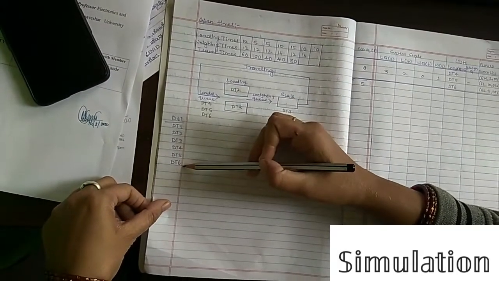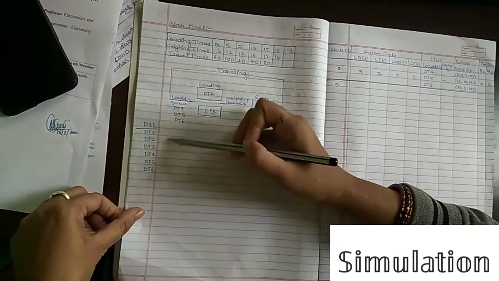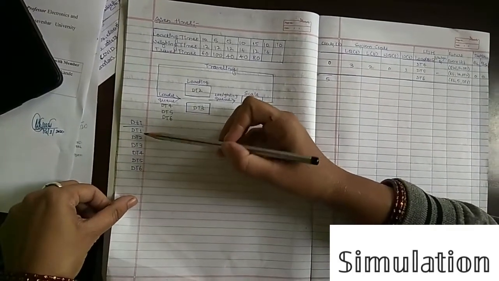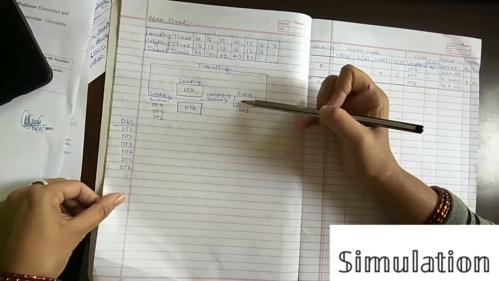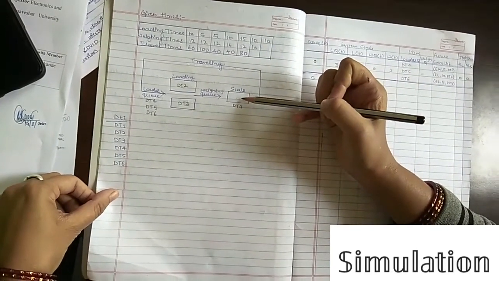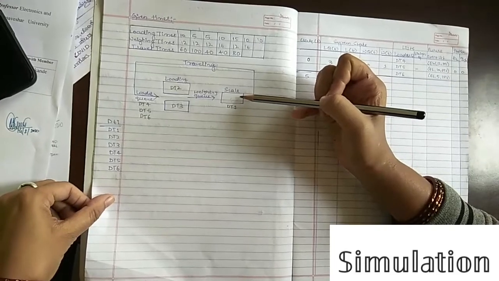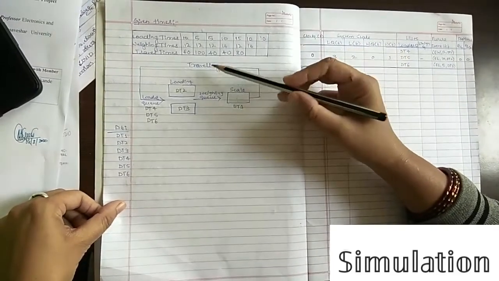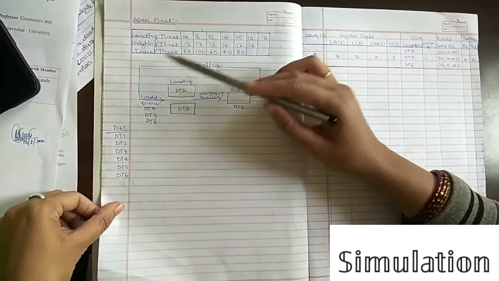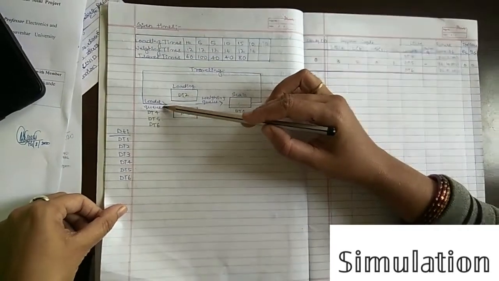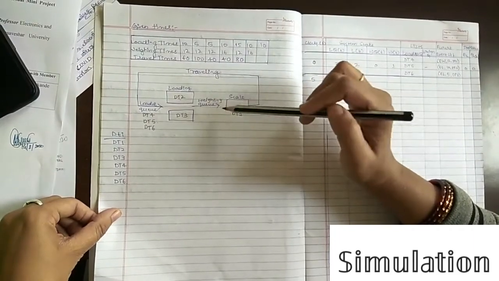What are these trucks doing? These trucks are filled with coal. First they are loaded, then they are weighed, in the sense that they measure how much coal is there. After finishing the weighing, they travel. During their travel, they unload the coal and come back to the loading queue. So this is the problem statement.